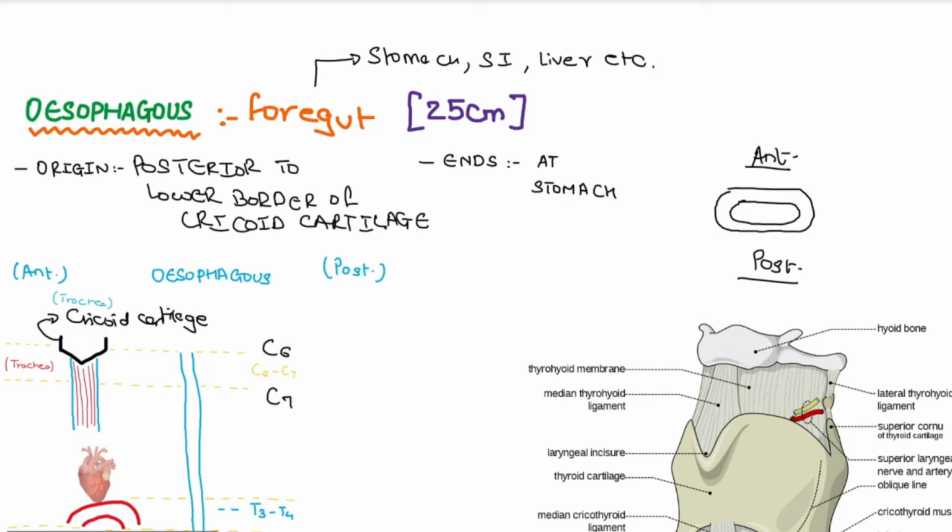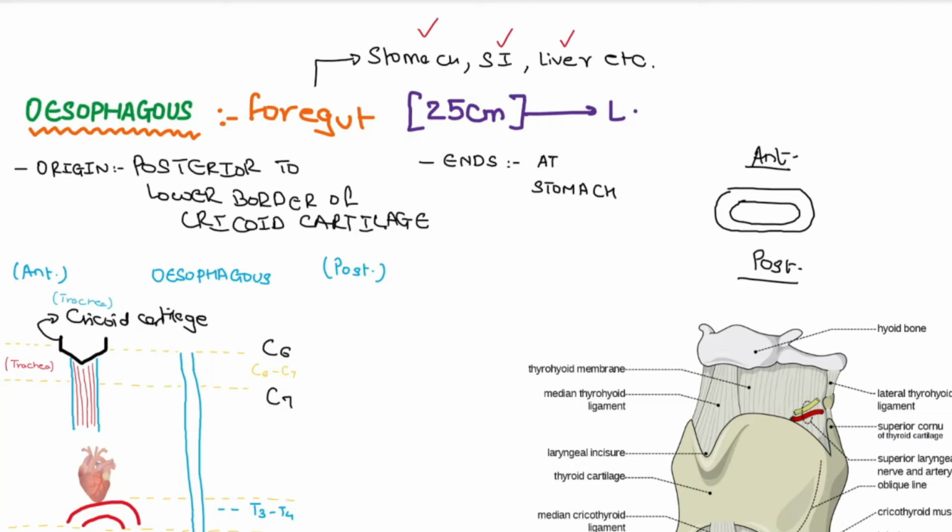So in this video, I'll be covering the esophagus. The esophagus is a structure which has been derived from the foregut. Now, apart from the esophagus, the foregut also develops into structures such as the stomach, the small intestine, liver, and various other gastrointestinal structures. The esophagus is a tube-like structure and it is 25 centimeters in length